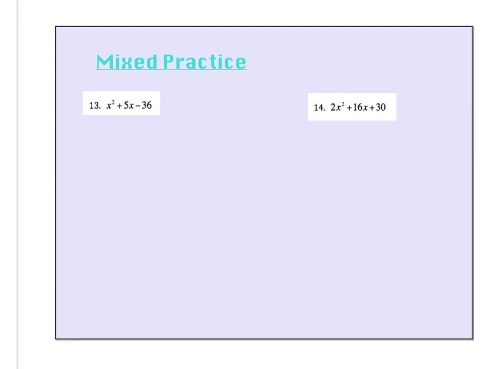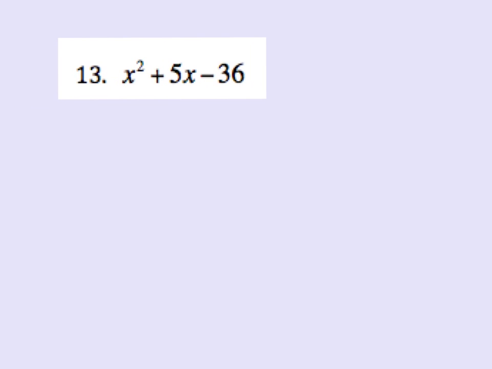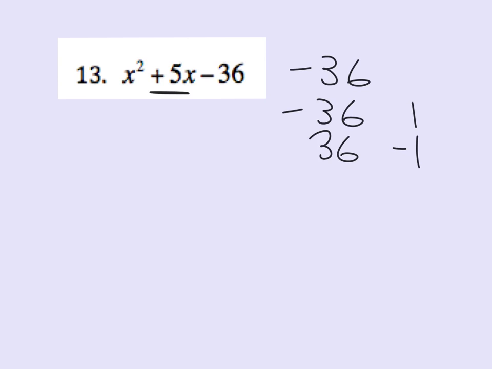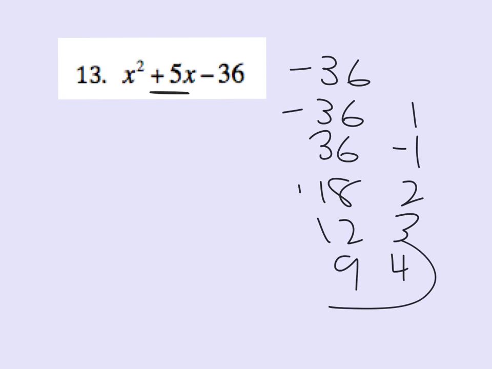So taking a look, nothing in front of x squared on this one. So I want to know what multiplies to negative 36, but will give me positive 5. So start listing off factors of negative 36: 18 and 2, combination there, 3 and 12, 4 and 9. There's my winner, positive 9,